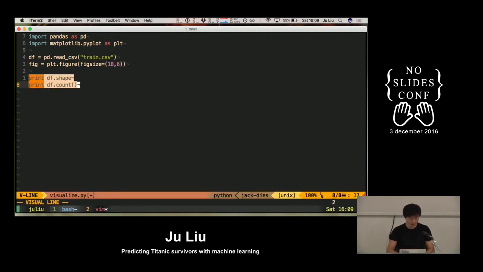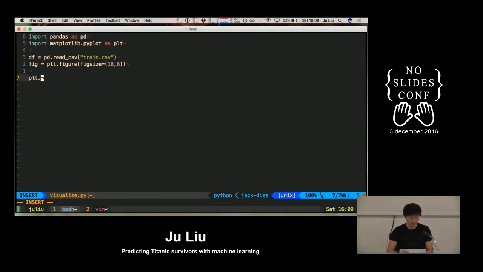And now I'm going to show something at the end of it. Now I'm going to do df.survived.value_counts. And matplotlib has this amazing plot, and you just do kind bar. I'm going to pass an alpha just because otherwise it's a bit too painful on the eye. So if I run this,